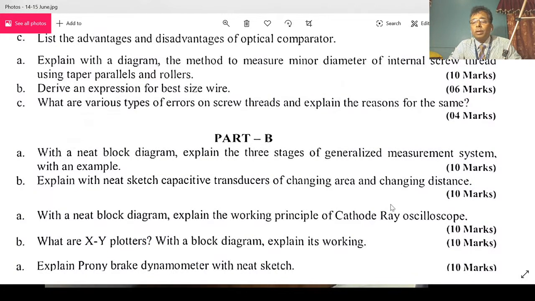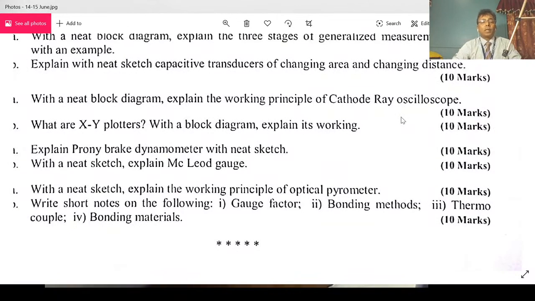Next, explain McLeod gauge. Sketch and explain McLeod gauge. You need to write down about the McLeod sketch. It carries 5 marks. Explanation carries 5 marks. Then you need to write down Boyle's law on which it is functioning, that is P1 V1 equals P2 V2. What is P1? What is P2? What is V1? What is V2? You need to write about that. Next, draw the sketch properly. Don't make the mistake of keeping the capillary tubes open. The smaller capillary tube is closed, the larger one is open. You need to keep that in mind.